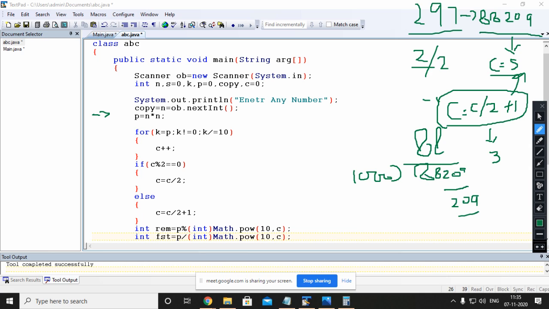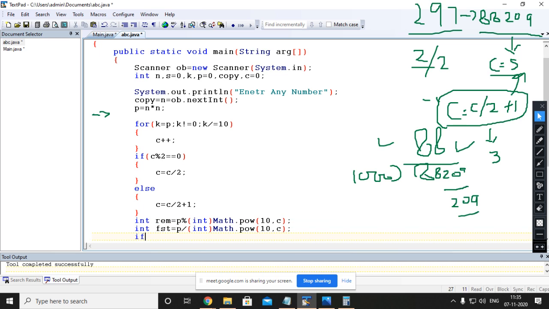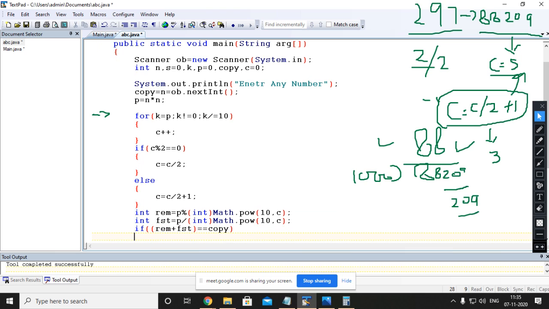The quotient is coming in FST, that is here 88. Now the next step is required, only the condition is left. So rem plus FST equals the number only, that is copy, you can use, or even you can use n also.